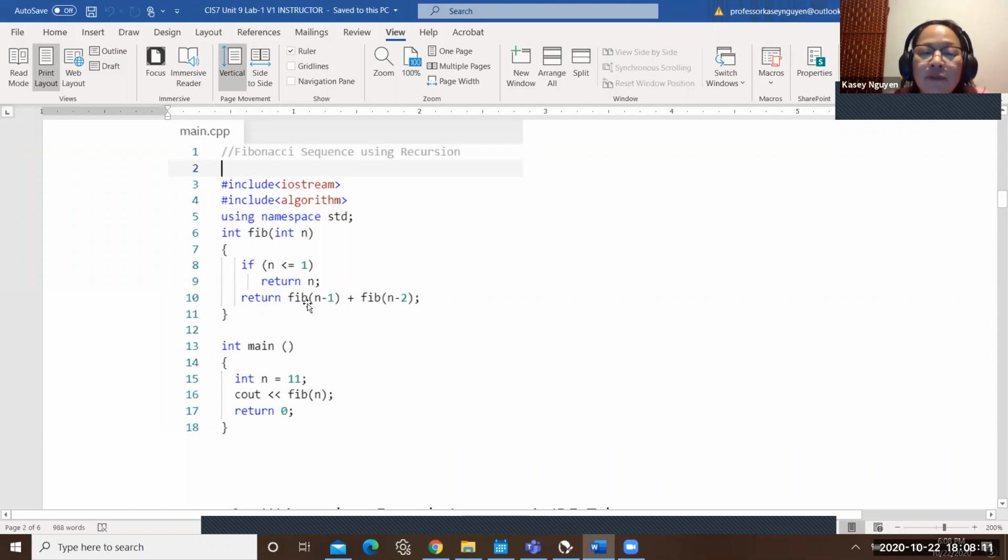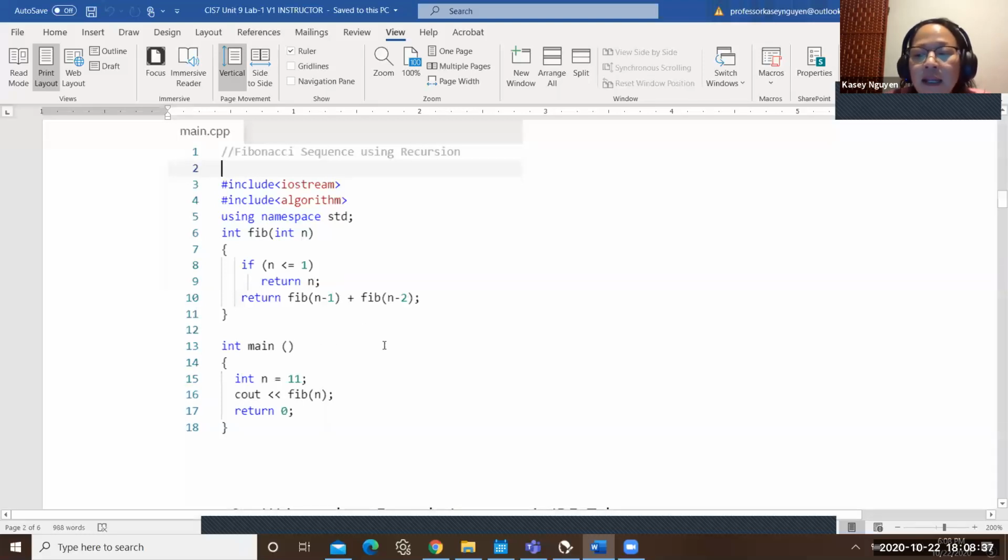So it would return fib n minus 1, which is the previous value, the one right before the value that we're trying to determine, plus fib of n minus 2, which is the value before the n minus 1 or 2 places prior to the value that we're trying to find.